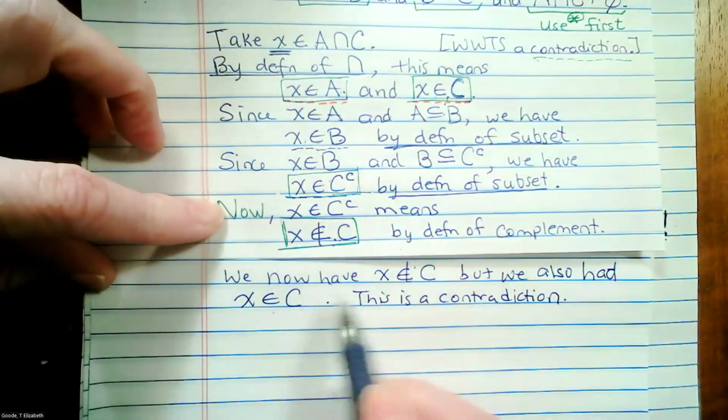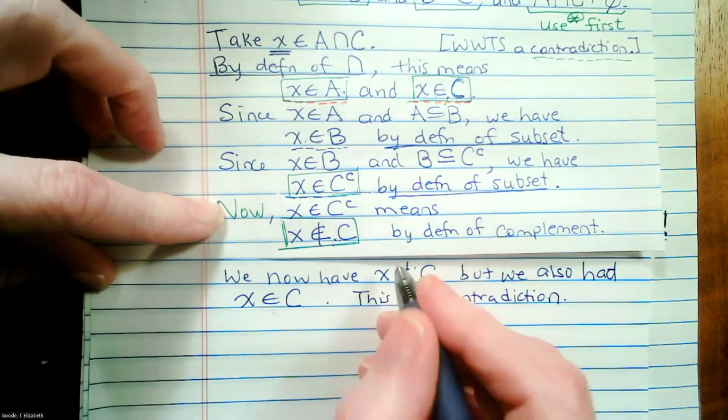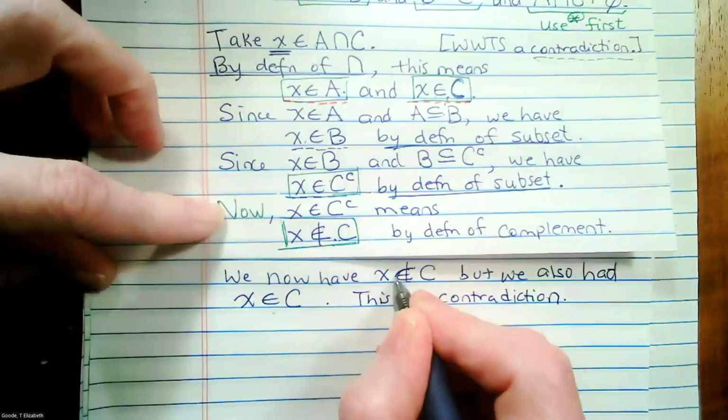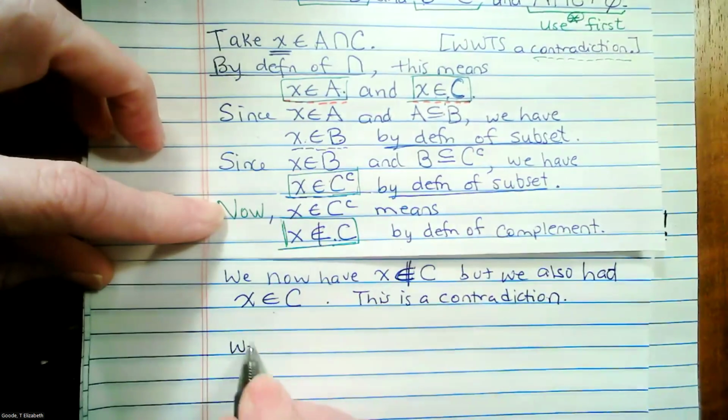The negation of X is an element of C is that X is not an element of C. We can't have both of those. So we conclude